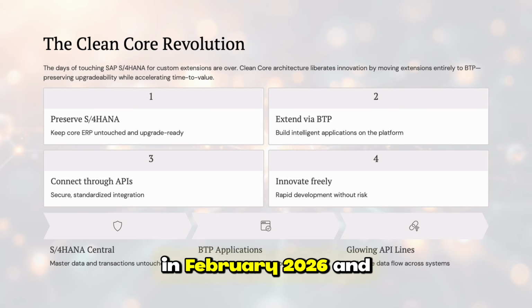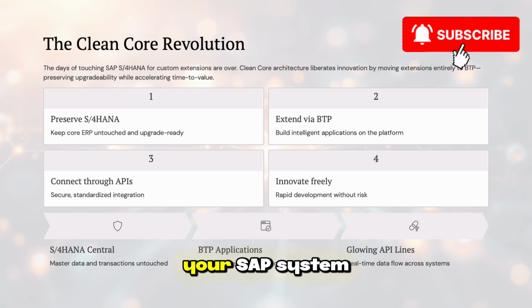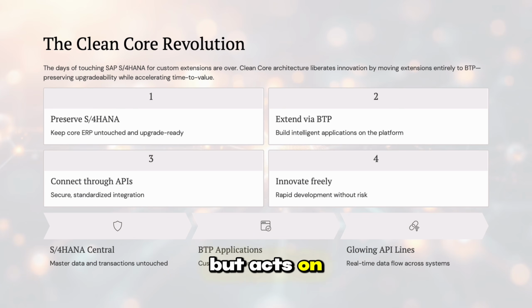We are currently in February 2026, and the game has changed. We are no longer just talking about cloud integration, we are talking about Agentic ERP, the era where your SAP system doesn't just store data, but acts on it using AI agents. If you are still trying to customize your S/4 HANA core with old school Z programs, you are building a